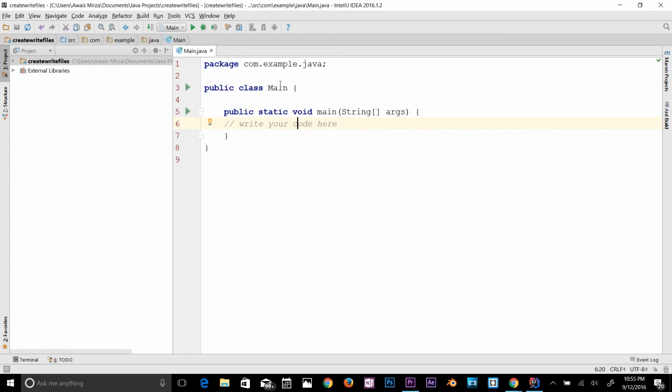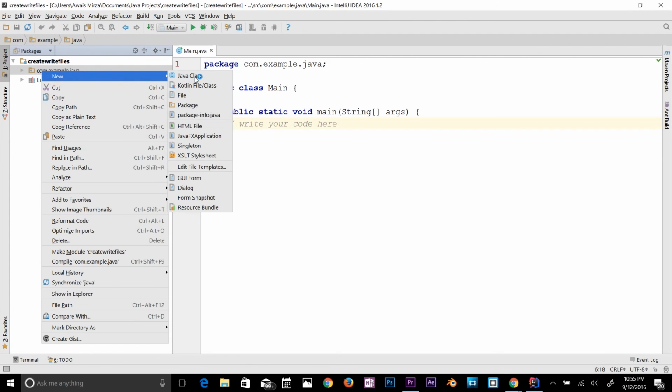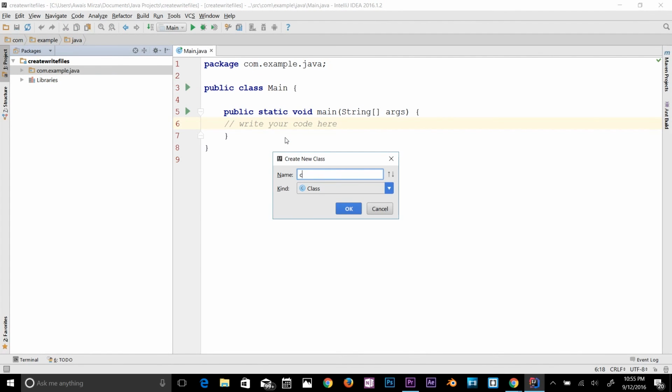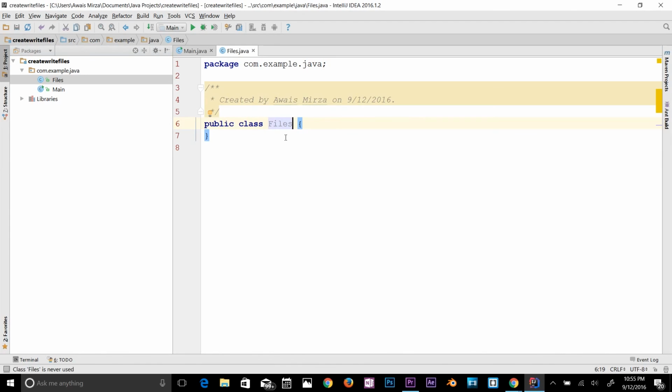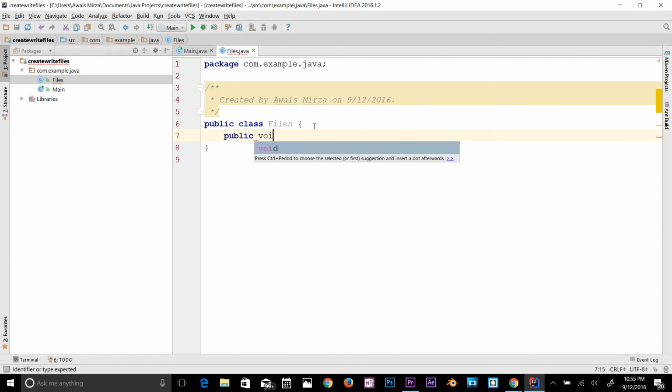So in this main class and main method, I'm going to create another class here. Right click here, new Java class, and I'm going to name it Files. Okay, let's use the capital F. So we have this Files class now, right? In the Files class, we need a few methods first. Let's write public void